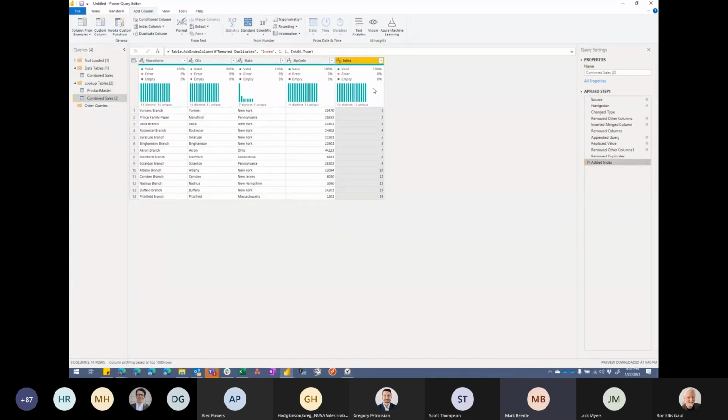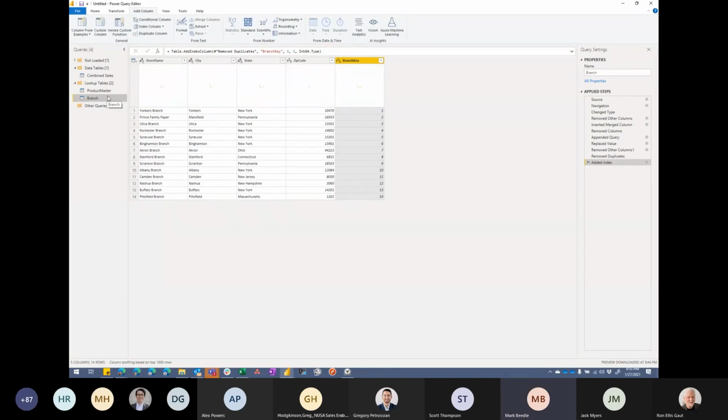What I'm going to do is up here in my formula bar, when I created this index column, it came over as index. But if I just name it up here, branch key, I saved myself an applied step over here, and I still got to my same result, which is pretty cool. So I'm going to leave it that way. And let me rename this query, so we'll call this branch. And we got two lookup tables.